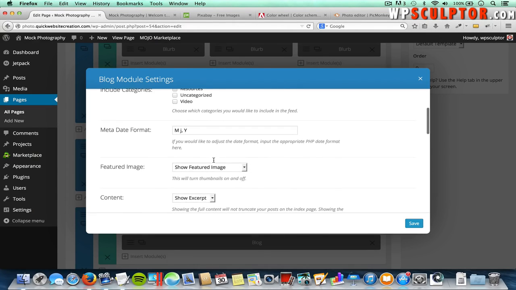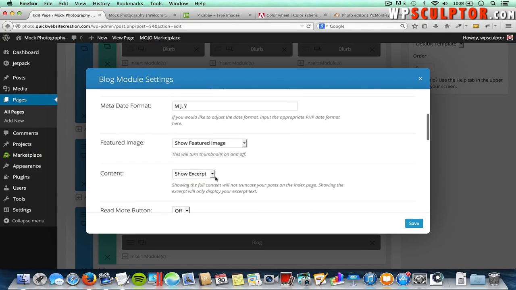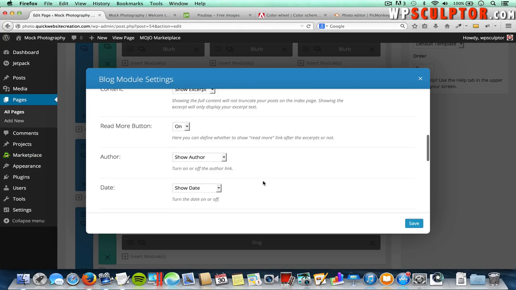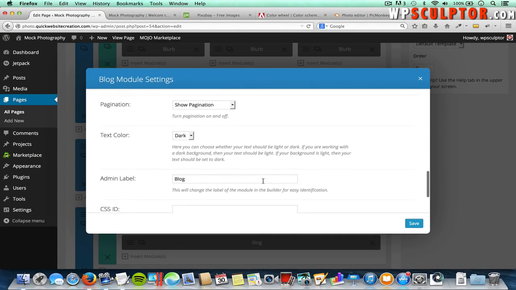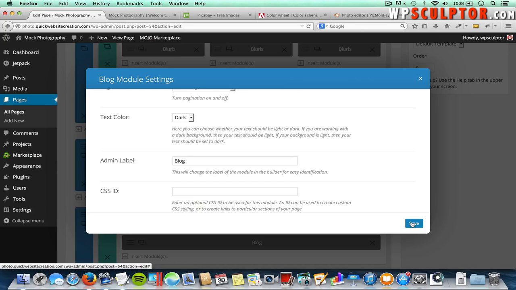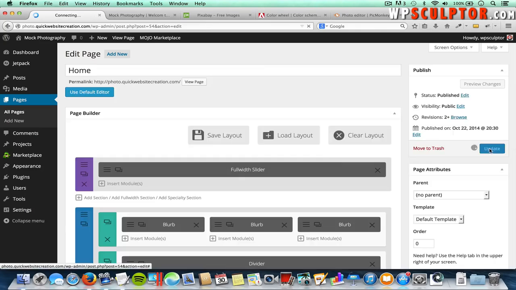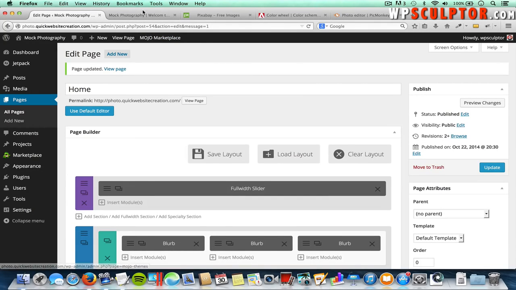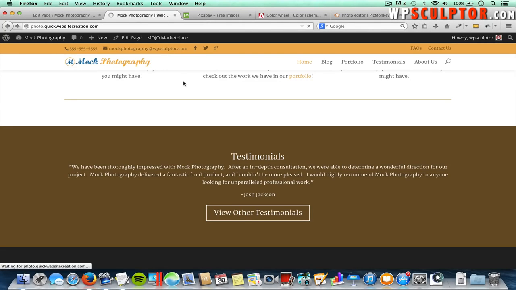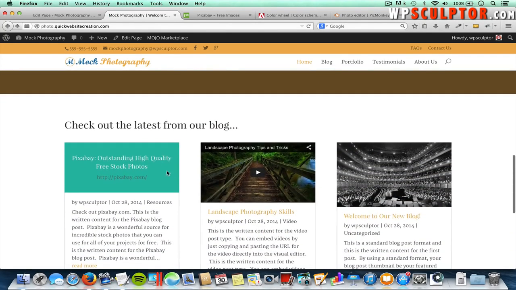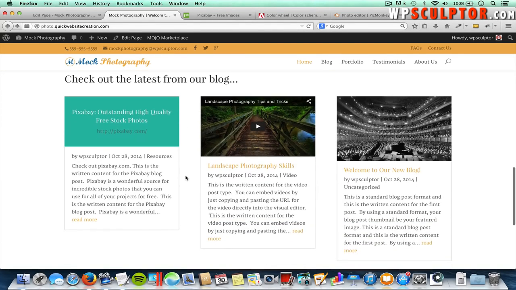And let's scroll down, and for featured image, we do want to show featured image, so I'll leave that there. For the content, we want to show the excerpt. And for the read more button, I'm going to turn this on, and I'm going to scroll down, and all these other settings we're going to leave to the default, and go ahead and click on save. And let's scroll up, update the page. And then if we view the front end of our WordPress website and refresh, scroll down, you see that we have this nice looking grid layout with our most recent blog posts from all